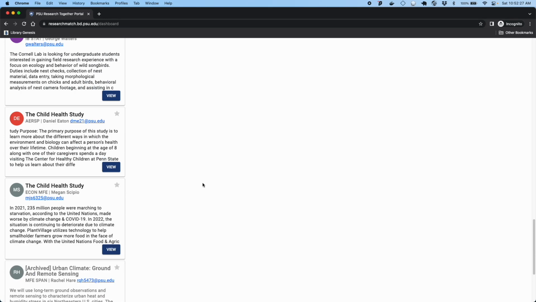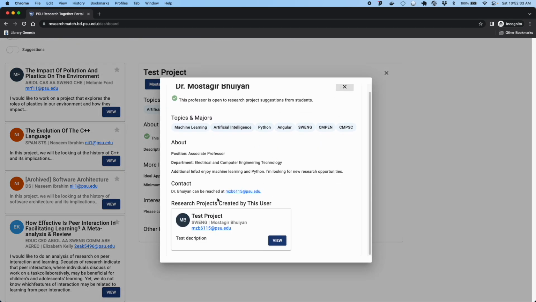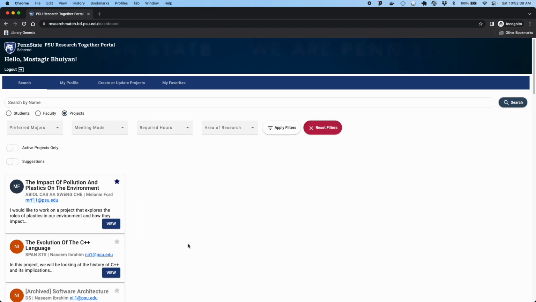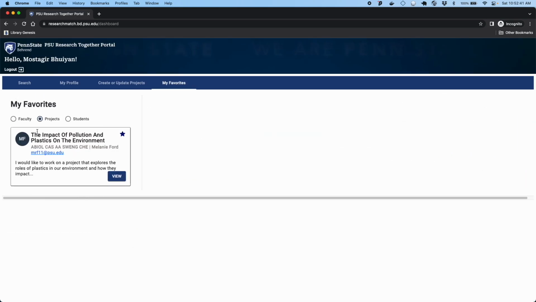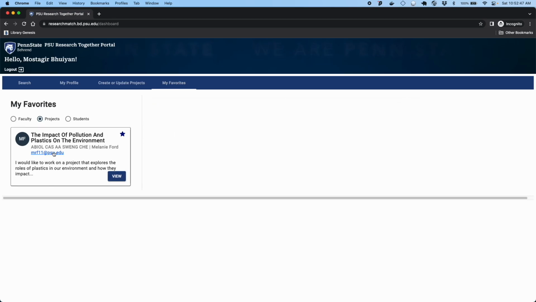And this is your view for that project. You can click on it and see the user as well, and all of these projects are a nested element of pop-ups that you're going to see. You can favorite a project. We have the tooltip, and it's going to appear on your favorite list. You can remove it from there, so you can access it and go to it. If you want to send an email, this is what you click, and it should open up the native email client on your device.